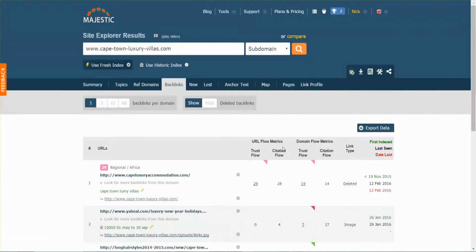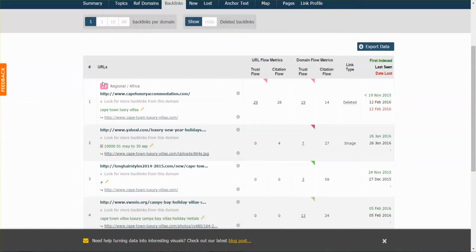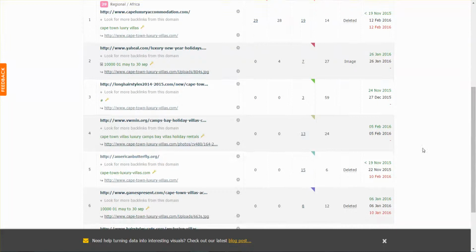And if we have a look at the actual backlinks, there's one from Cape Town accommodation that was recently taken away, albeit it didn't actually make any difference to the search engine rankings. And after that, there's just these small little sites. I don't even know where they've come from. I mean, they're genuine links, but